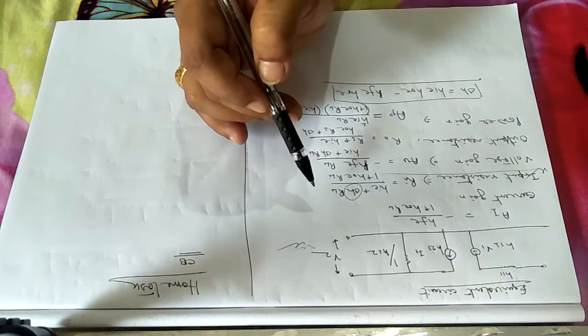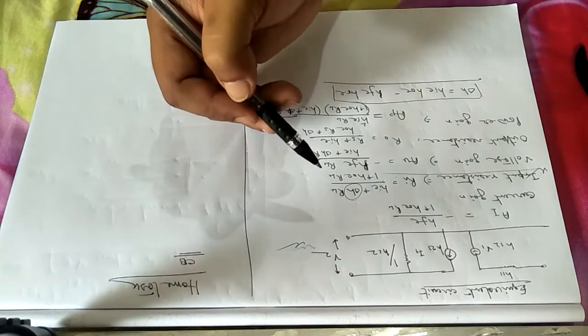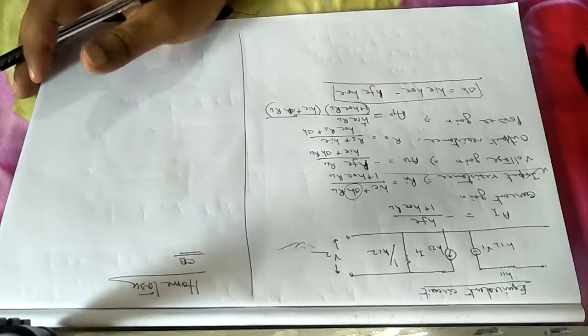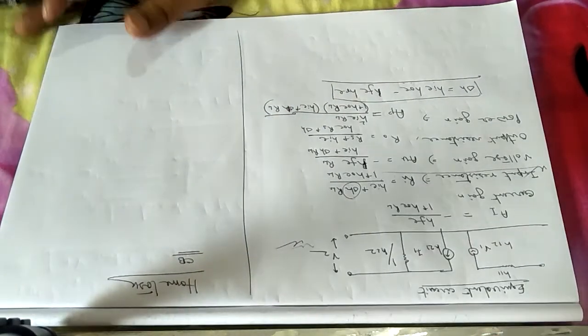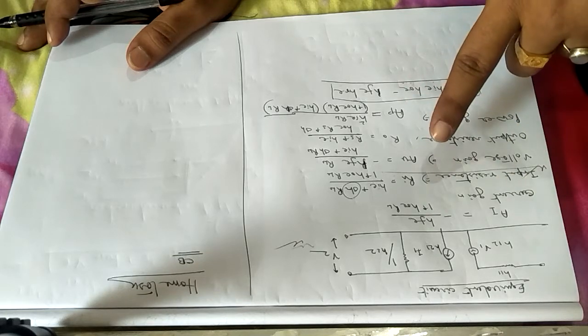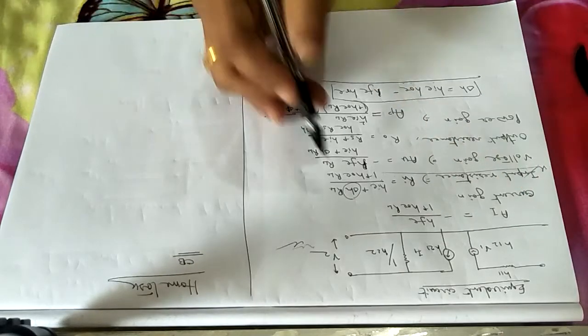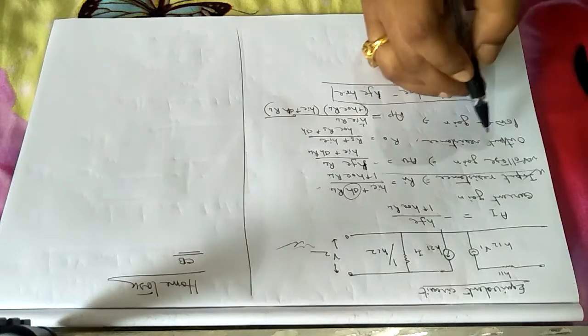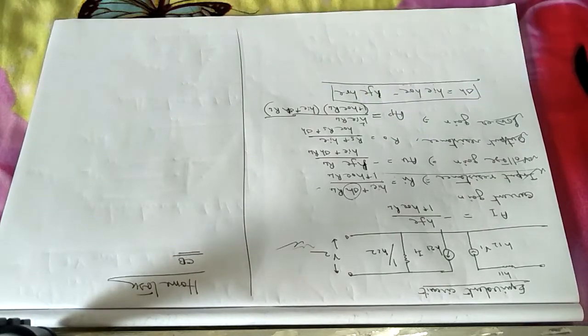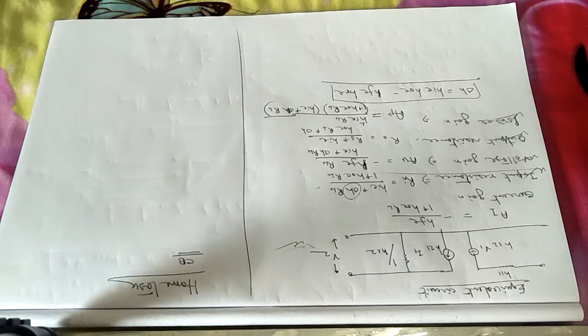Once you understand the equivalent circuit diagram, then apply Kirchhoff's voltage law and Kirchhoff's current law and the transistor models, that is the relationships between IB and IC, and VB and VC there. Then you can easily calculate the input resistance, voltage gain, output resistance and power gain. These four parameters you can easily understand. So go through any handbook of transistors, then Millman Halkias, Lokhi Chatterjee, SN Bose, anyone. These are written in very lucid language. Once you understand this, give your comments. Then I will proceed with the problems of transistors and the hybrid model.